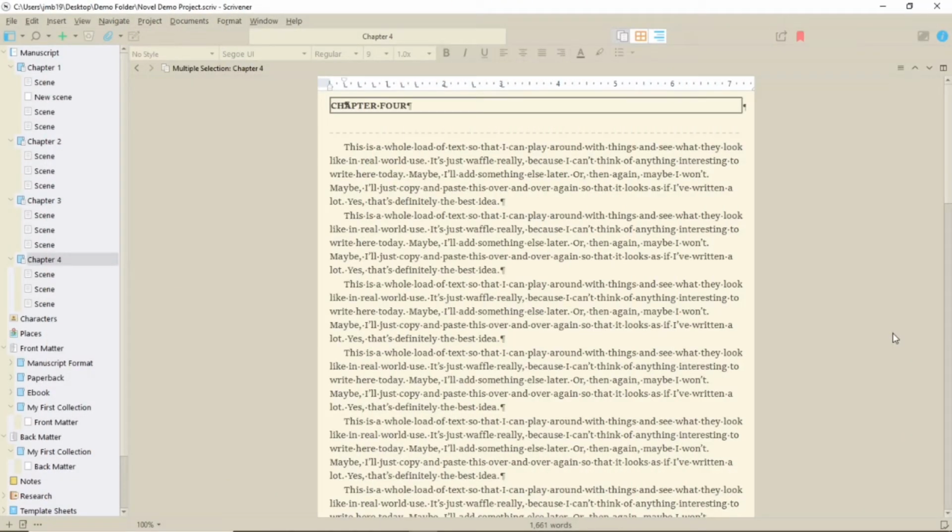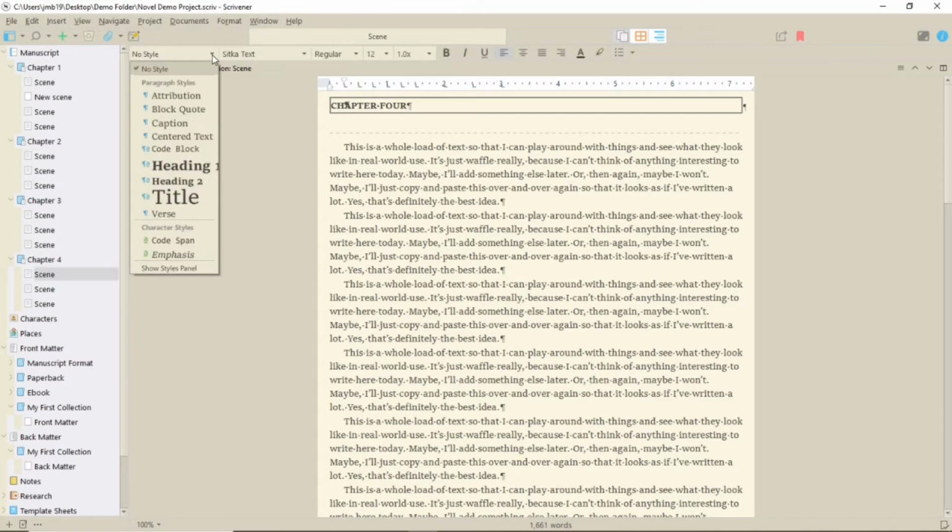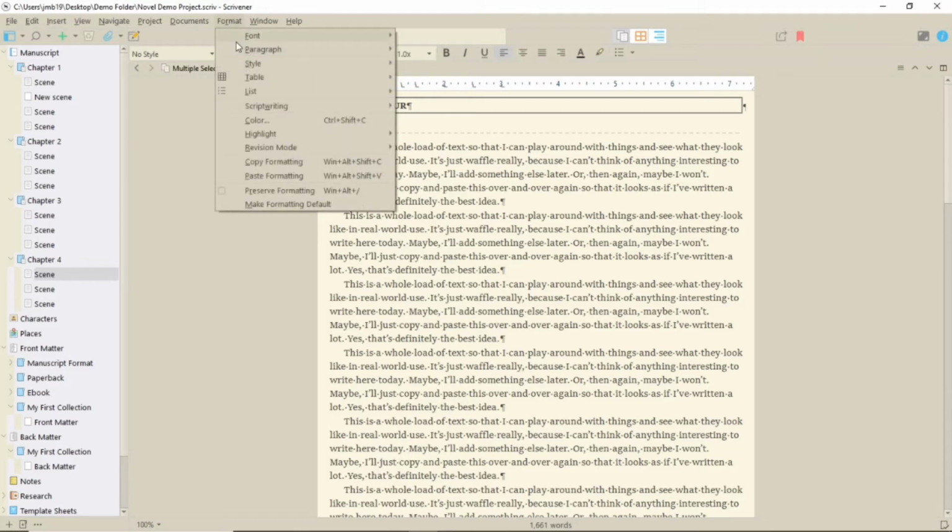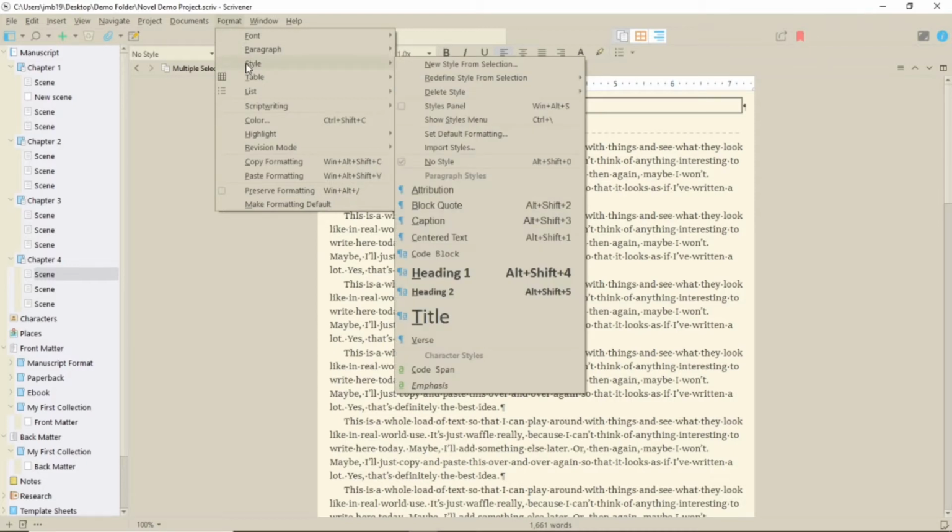Style sheets are specific to template documents in Scrivener 3, so when you create a new style, it only exists in that specific project. However, you can copy styles from one project to another, either your own or the special styles in that template. Open the project you want to copy into.